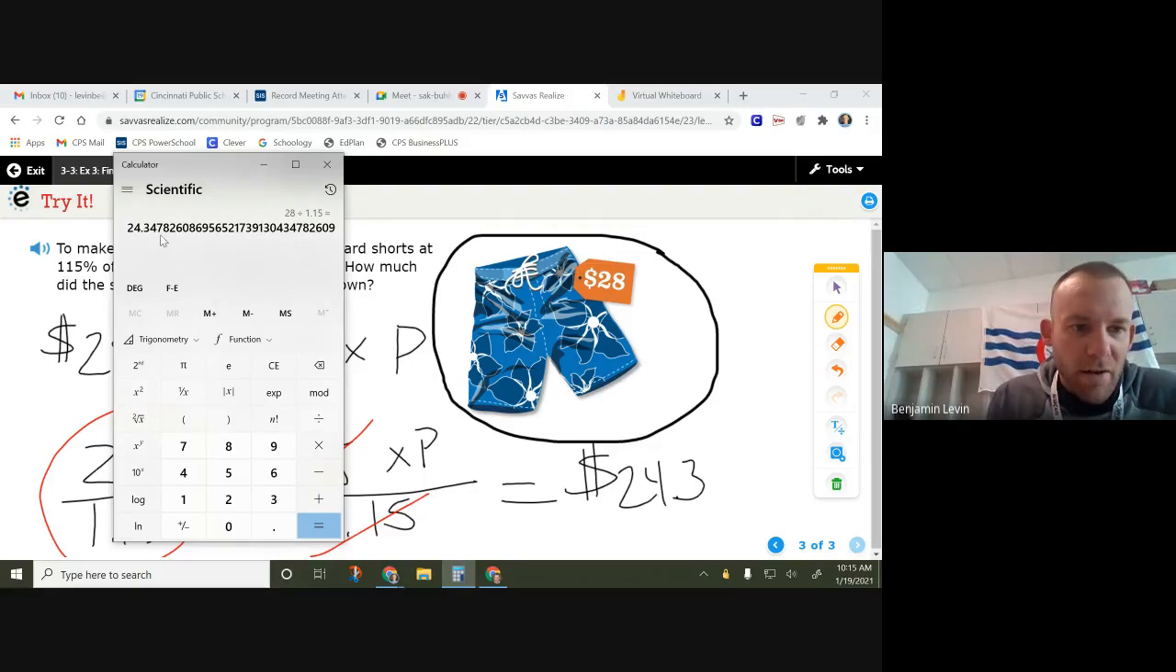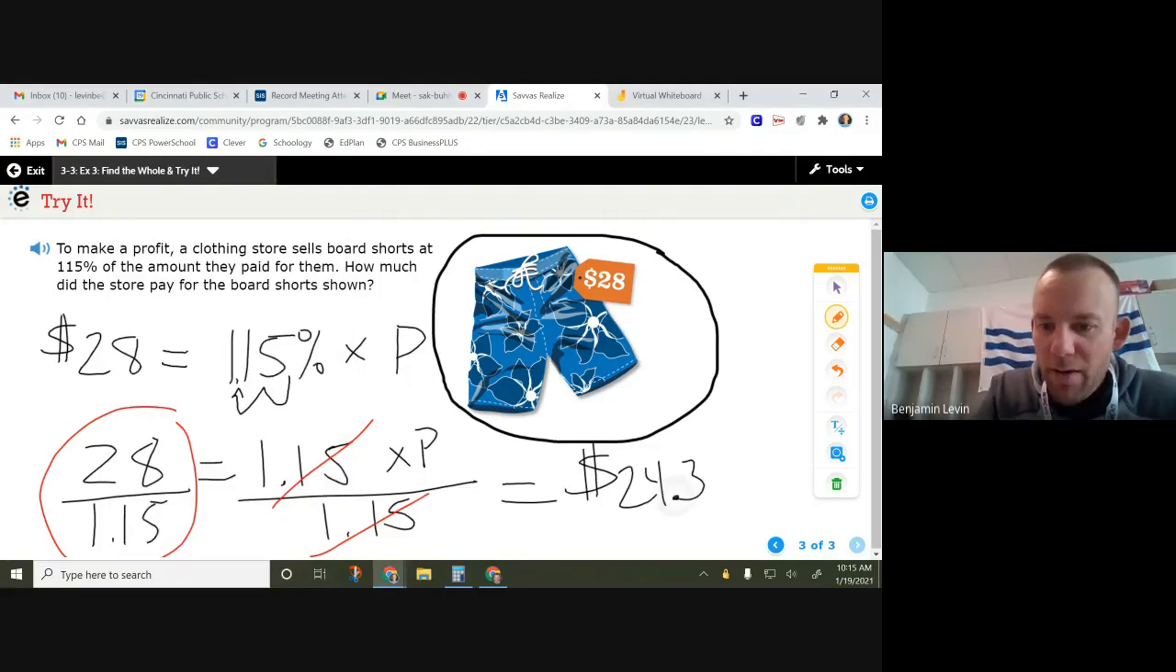Okay, so we're rounding off to two decimals because we need dollars and cents here. A 7 is 5 or more, so we're going to raise the score. So we're going to make this 4 a 5. That's going to become a 5. It's going to be rounded up. So